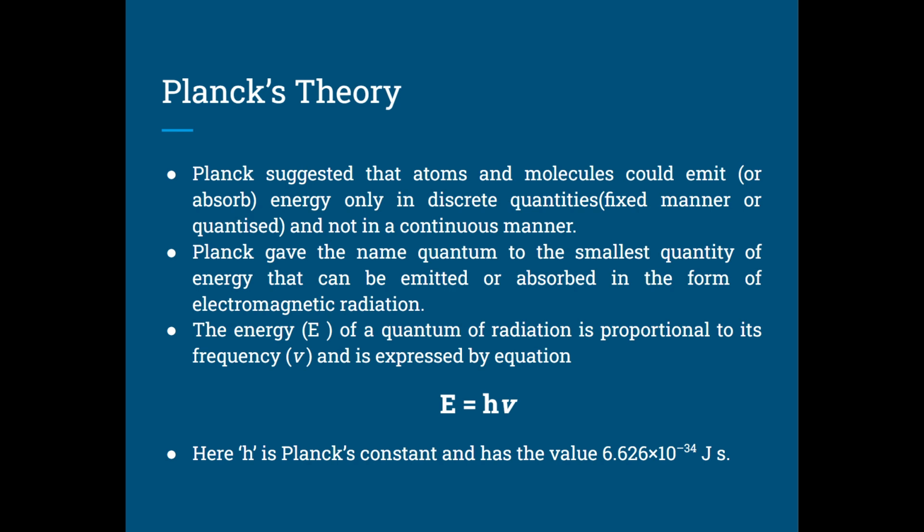Similarly, he said that angular momentum mvr is equal to nh upon 2 pi. Right now I'm just telling this formula, please don't get confused. I'm just giving you an idea. Now this h upon 2 pi is a multiple, a particular mathematical value, and the angular momentum will always be a multiple